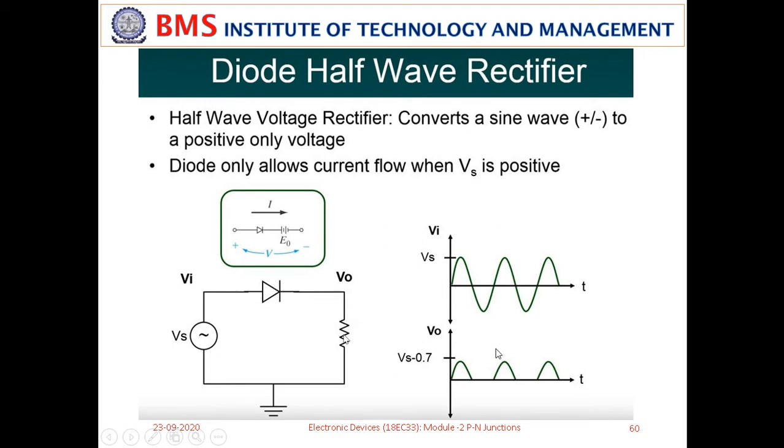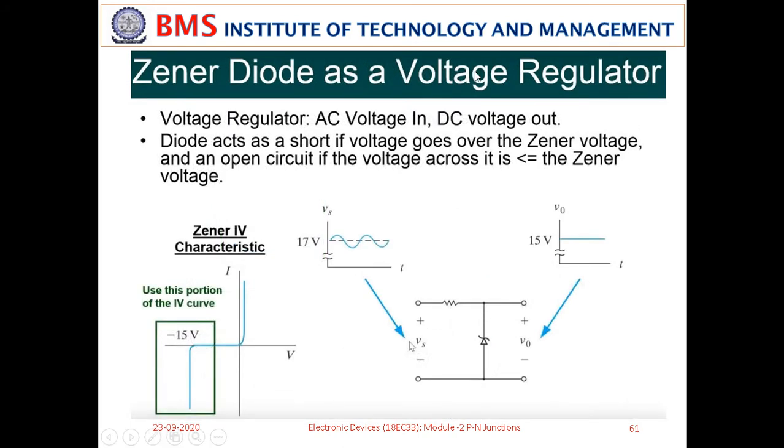Next, the third part of your AC to DC conversion is the regulator. A Zener diode can be used as a voltage regulator. A regulator makes the perfect DC. The input is the AC voltage and the output is the DC voltage. This is the circuit you are seeing, a Zener diode as a regulator. This is the symbol of a Zener diode. Instead of a straight line as the barrier, you will see a Z symbol here, which represents the Zener diode.